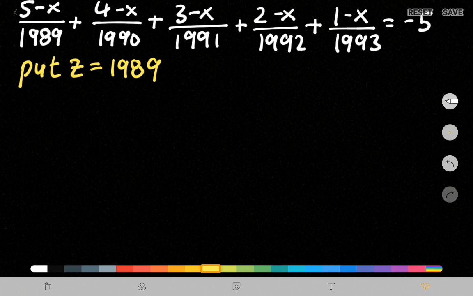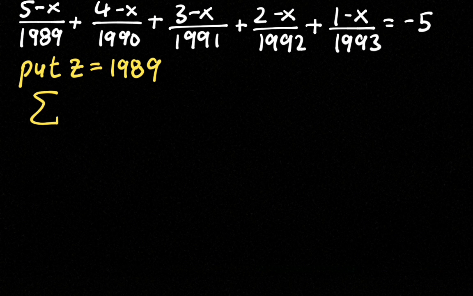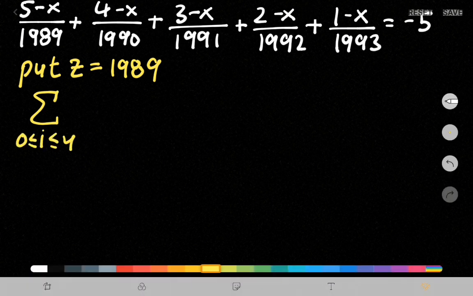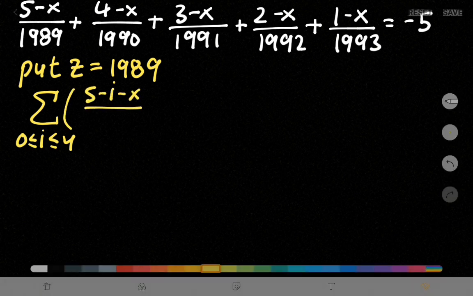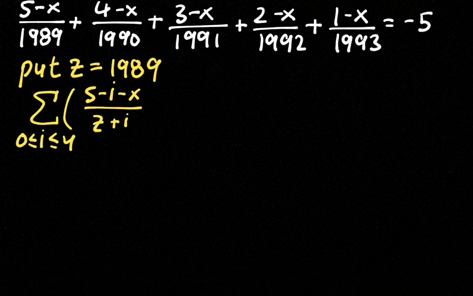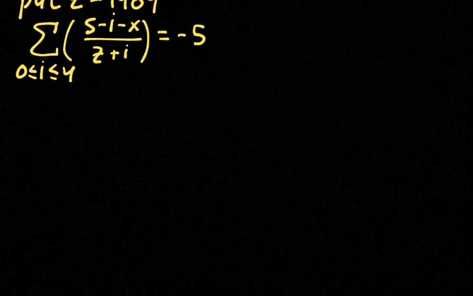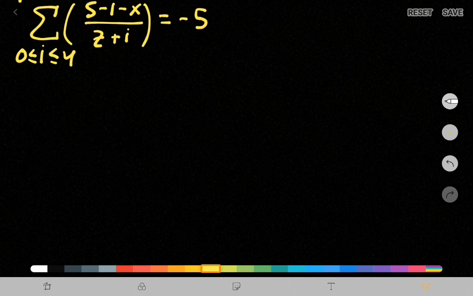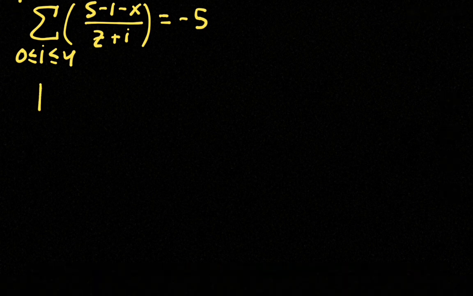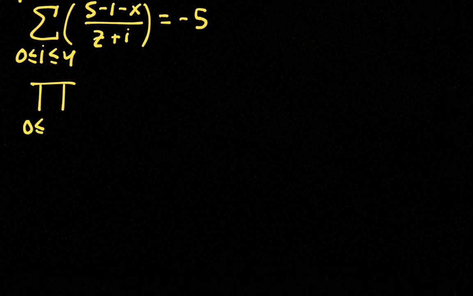Let's rewrite the question: the sum over 0 ≤ i ≤ 4 of (5 − i − x)/(z + i) equals −5. So let's take the LCM in the left hand side. After taking the LCM in the left hand side, we'll be getting, and you can check it easily,